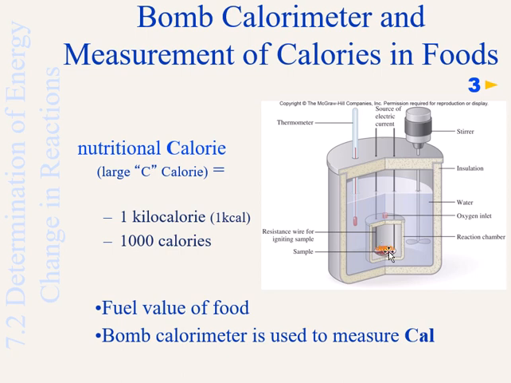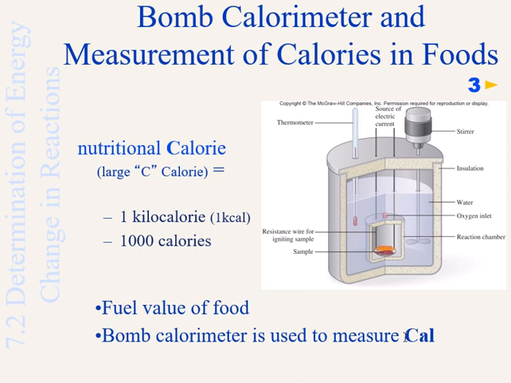When it burns, it releases heat, and that heat would then escape from this smaller chamber and radiate into this outer chamber where you have water, where the fan is constantly stirring the water, so the heat is spreading out, diffusing evenly. And there is a thermometer on one side which will record the temperature as going up or down. This is way more sophisticated than the coffee cup calorimeter and also more accurate. However, this is specifically used for solid samples, and this is known as a bomb calorimeter,